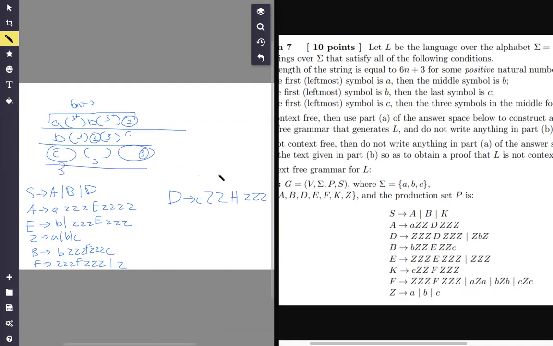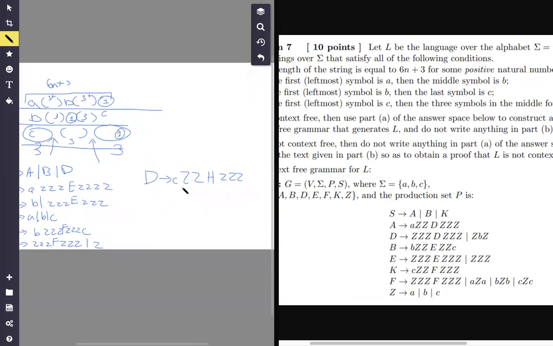Oh, so this is part of the 3. This is part of the 3, and then this is the middle 3. And then the recursive parts will happen here at intervals of 3 also. Okay, that's easy. So 3 characters here, 3 characters here, and then H